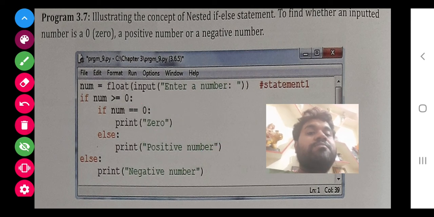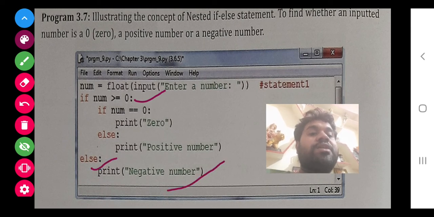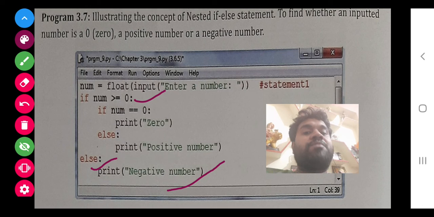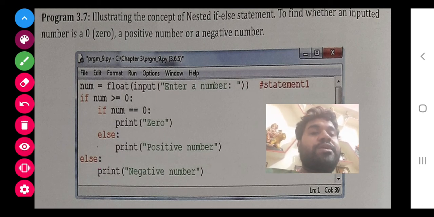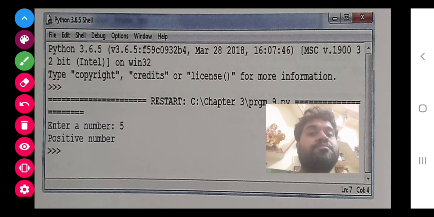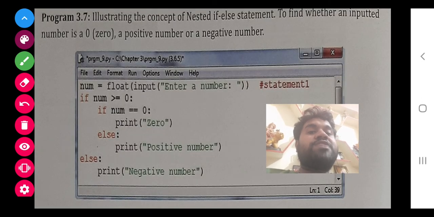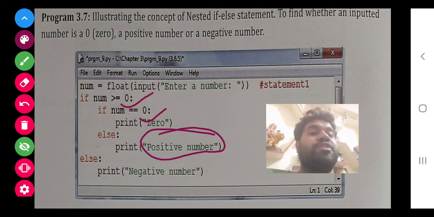If I say minus 24, this condition is false, then it will directly jump to this else and the negative number will be the answer. So class, I hope you all are understanding. They have entered 5. So if 5 is checked, the first condition is true and this one is false, so positive number is the answer.